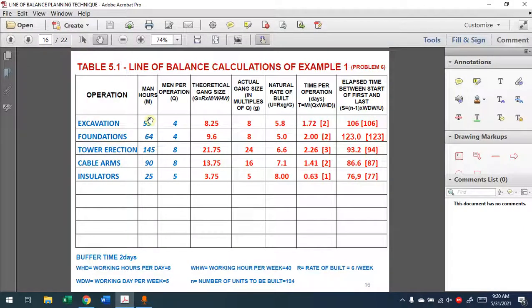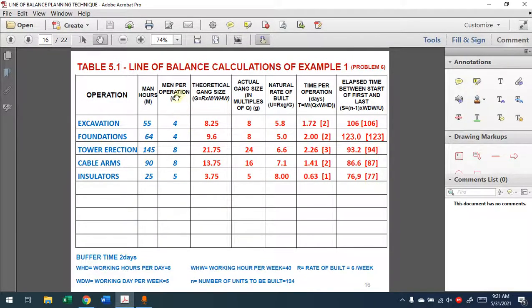Hello everyone, welcome back. In this video I'm gonna finish the drawing for line of balance, explain the details that we need in the drawing. If you remember, we said the first thing is to find some values which are indicated in red here, theoretical gang size. We said those are numbers that according to the rate of the build we'll find. Then we'll change those to actual gang size by using